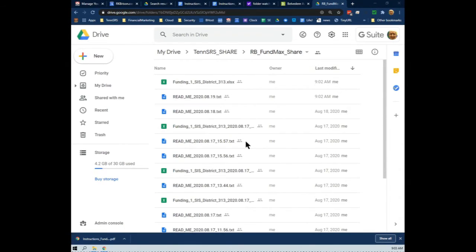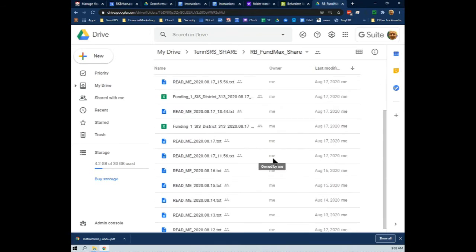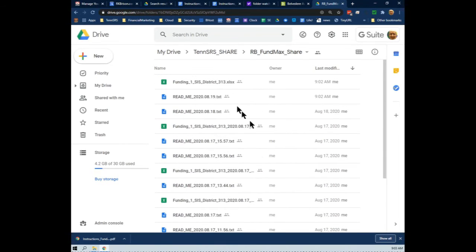The length of time you wait will depend on the quality of your internet connection, but within a few moments you're going to have the results. You can see up at the top at 9:02 a.m. new files were put in. It was 9:03 when I recorded this, so now they're available to you. I have other files in this folder, but the main ones I'm concerned with are the ones that are produced right after I have put my downloads